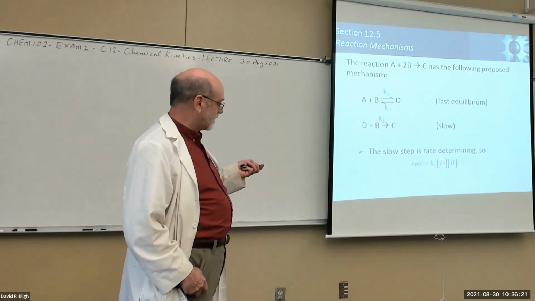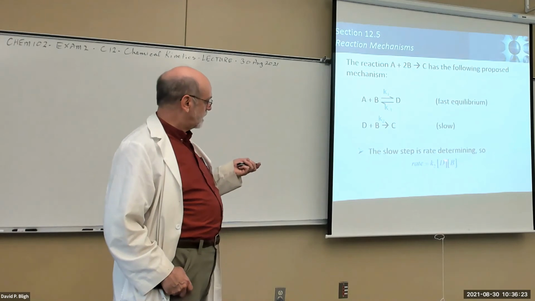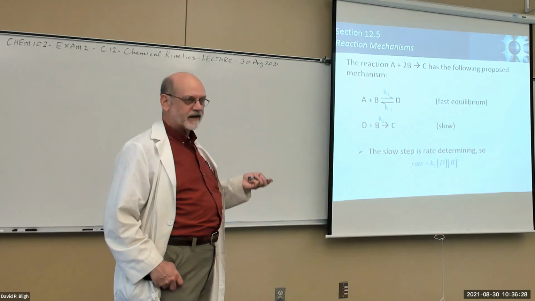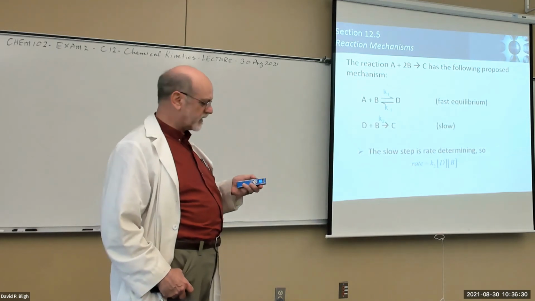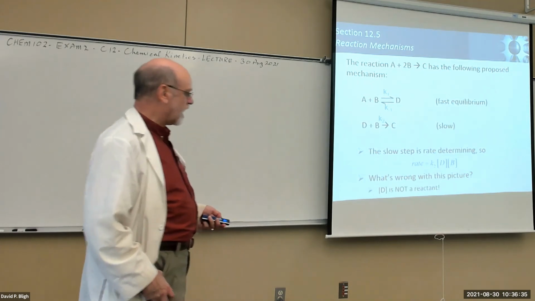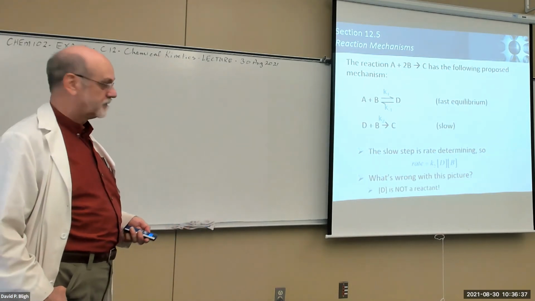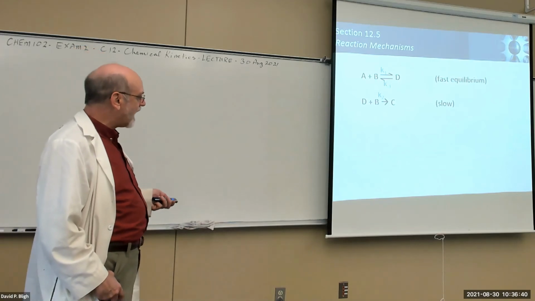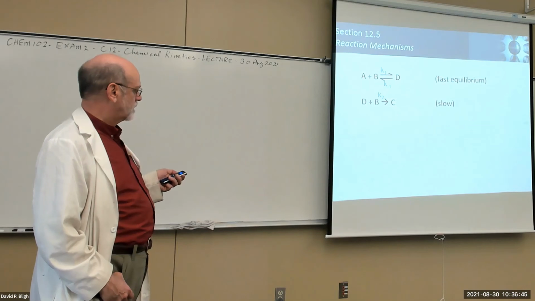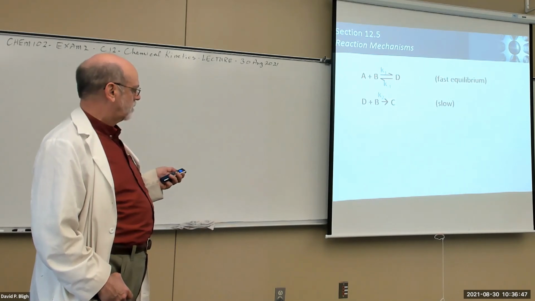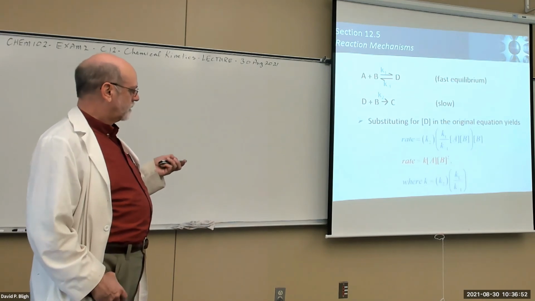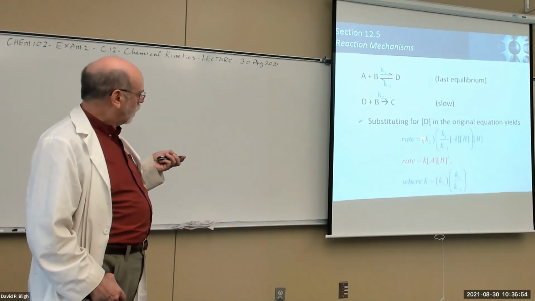But notice when we write it this way, that there's nothing here. There's no D up there. So that can't be the final answer. We got to do something with that D. Right? D is not a reactant, so we got to get rid of it. Right? So we go back to the steps and we say the fast step. What we're going to say is